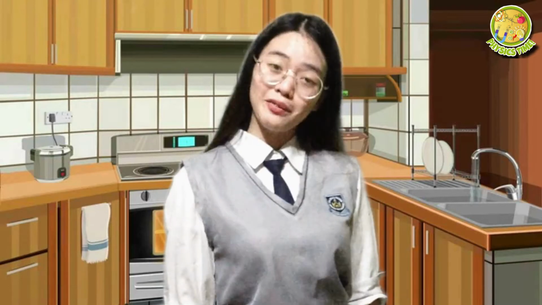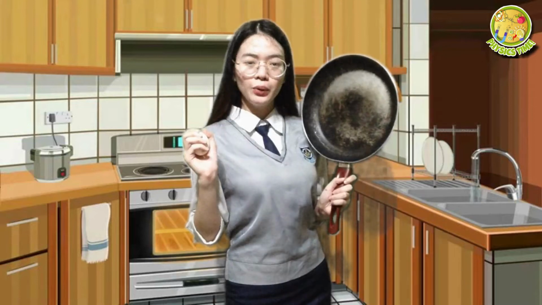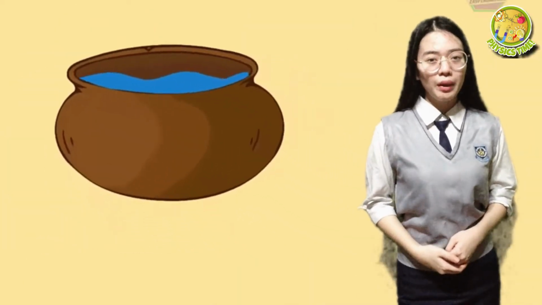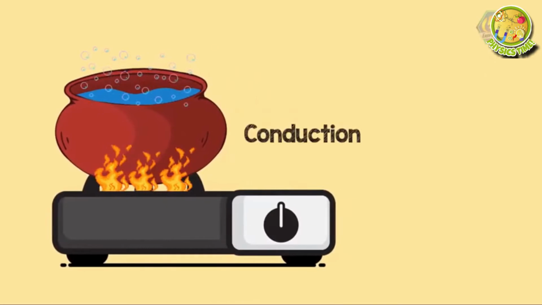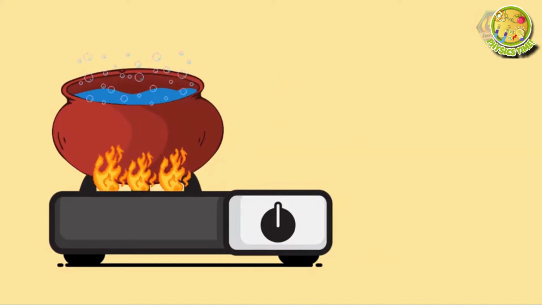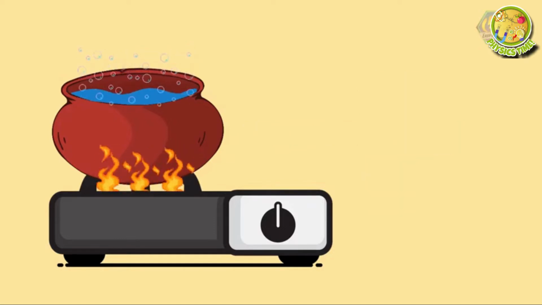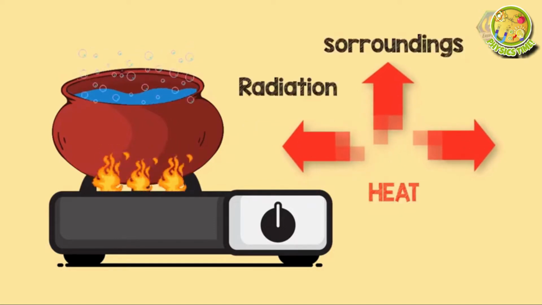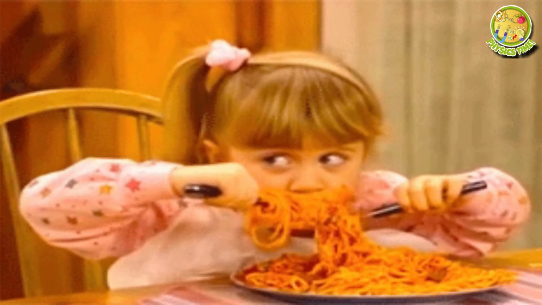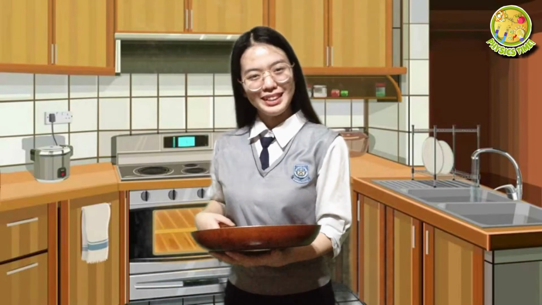Feeling hungry, huh? Whenever we're hungry, we cook. So, let's cook an egg soup! Oh wait, we can actually apply the mechanism of heat transfer here. As I tried to boil my soup, there are three ways of heat transfer that occurred. Conduction, the transfer of heat from one substance to another by direct contact. Convection, the transfer of heat through a fluid, liquid, or gas caused by molecular motion. Radiation, energy that is radiated or transmitted in the form of rays or waves such as light. When we eat food, the chemical energy of the food is being converted into mechanical energy, which is used to do different types of work. So, wanna try my egg soup?